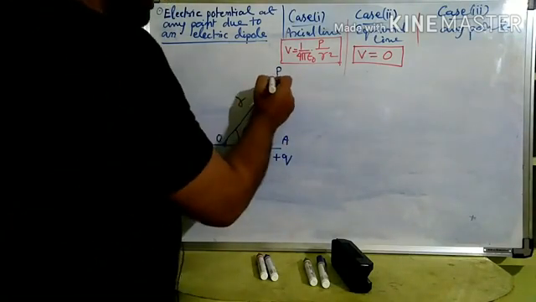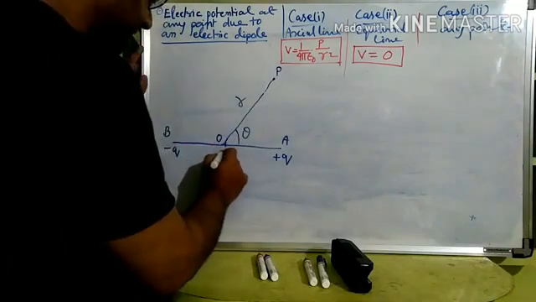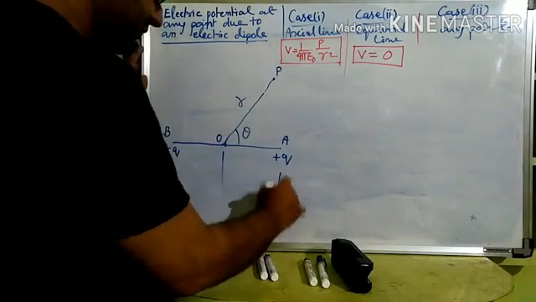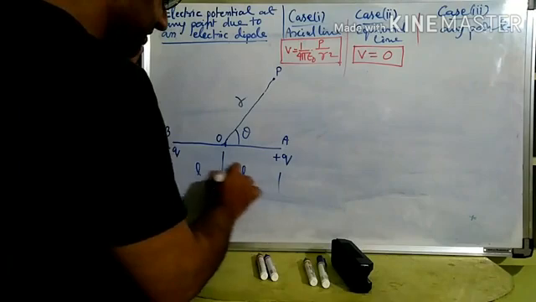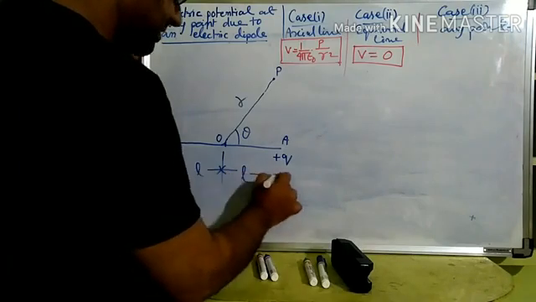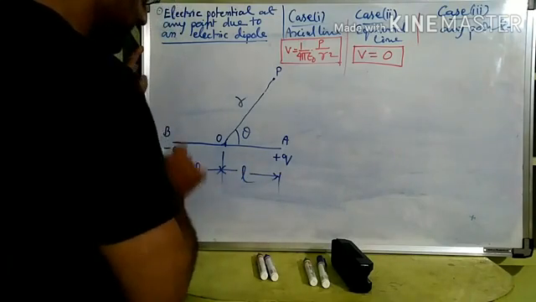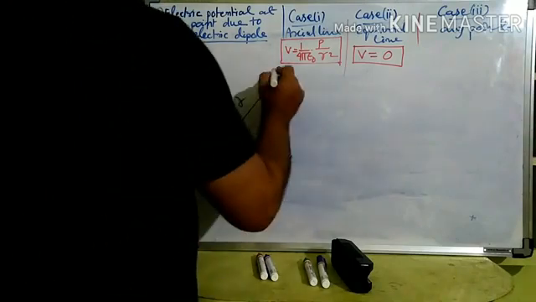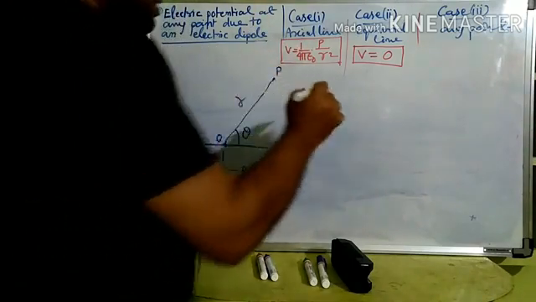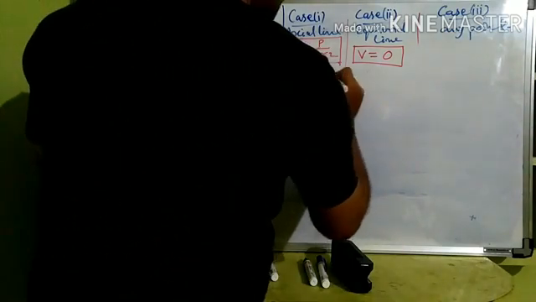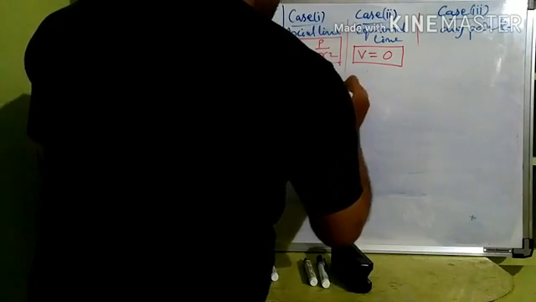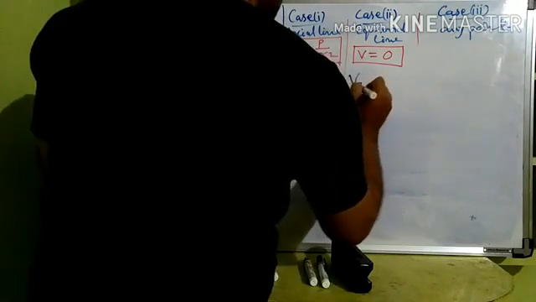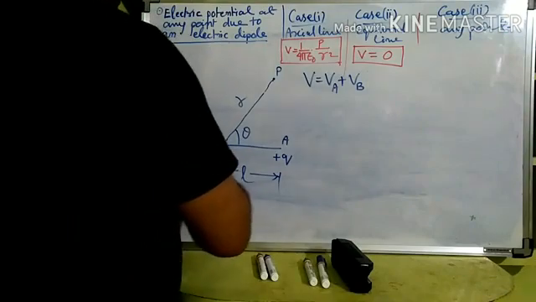Fine. Now see what other things we are taking. Length of the dipole, we are taking this side is L, this side is L. We are always taking this, right? Now the potential, the principle is the same. The potential at P is equal to potential at P due to A plus potential at P due to B.